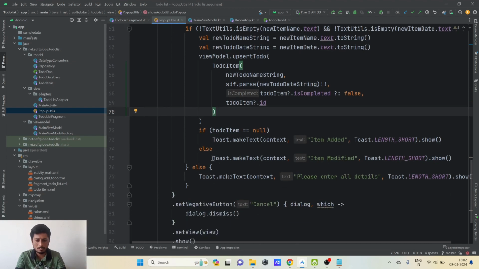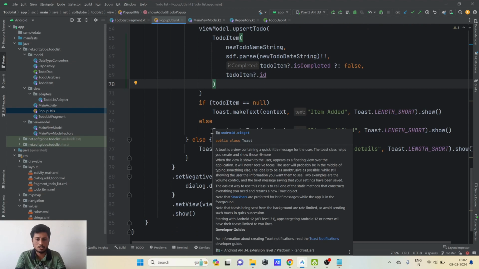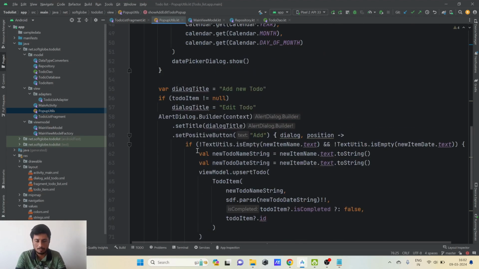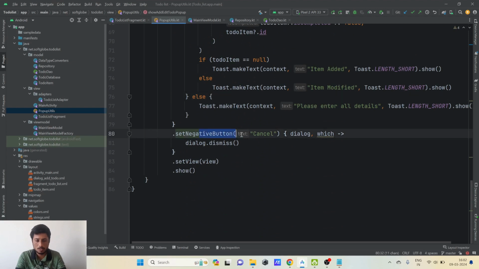So here and here, as it is a view layer, we are showing the toast messages. And yeah, that's it. For the set negative button, cancel, we are just dismissing the dialog. And later,